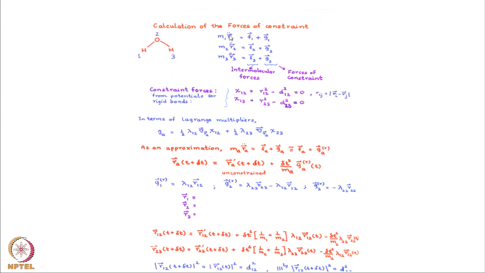So, the rate of change of the first coordinate is given by the forces on the first coordinate plus the constraint on the first atom. Similarly, there is a constraint on the second atom G2, constraint on the third atom G3. Now, what are these constraints? These constraints are given here. So, the distance between 1 and 2 is R12 square minus D12 square. D12 square is the bond length. Okay. So, this bond length has to be fixed. Distance between 1 and 3 is the second bond length, that should be fixed, and similarly the bond length between 3 and 1 has to be fixed. So, these are the constraint equations.